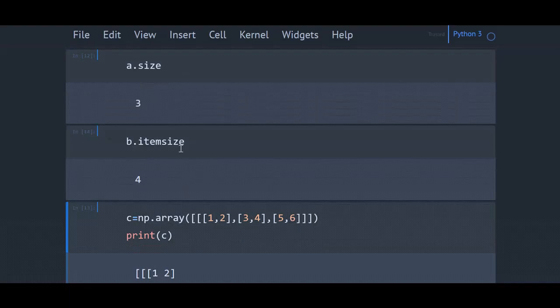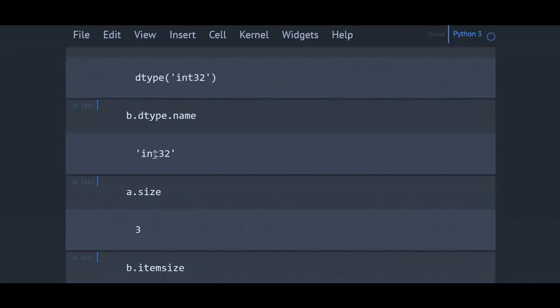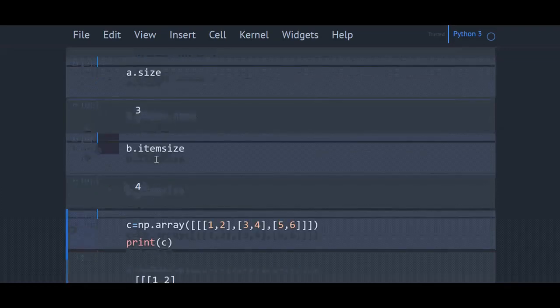Now b.itemsize will give the size of each item within the array. Here we have seen the data type of each element was int32. 32 is 32 bits. When we convert it to bytes, we divide by 8. 32 by 8, that will be 4 bytes. So it will give the item size in bytes.